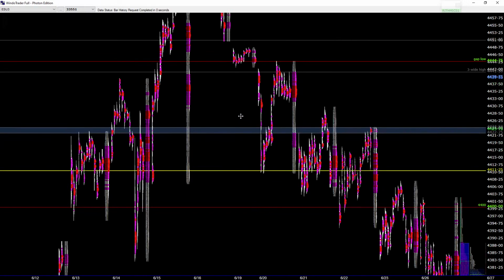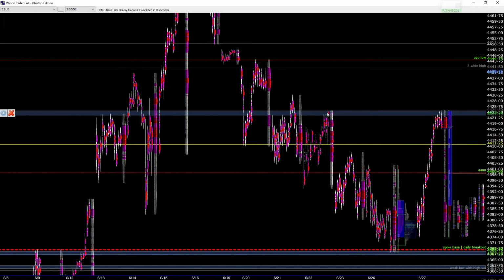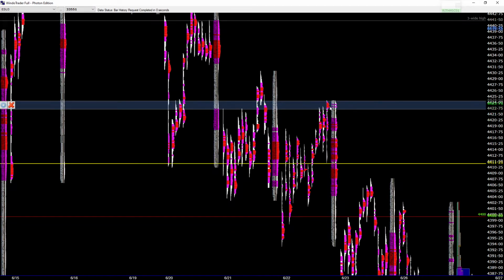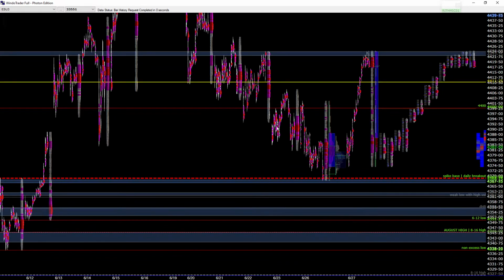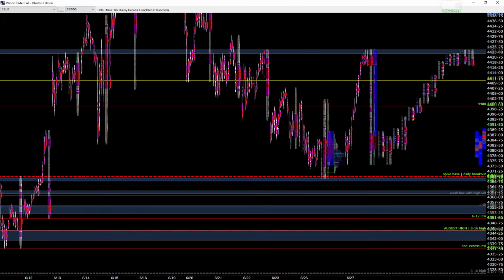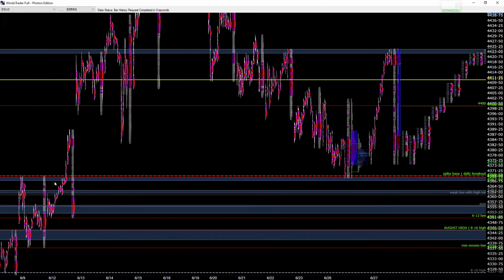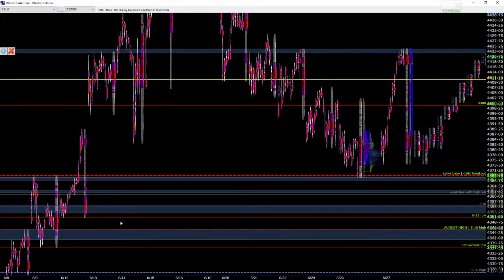Now, why do I have this one? You can see the way this is sold. Those are just areas that can be used by the market for references, either to buy or sell. I'm not saying the market is going to be bought or sold from this level. No, I'm not saying that. It tends to come to these areas, and that's why it tends to be bought and sold from these previous references.